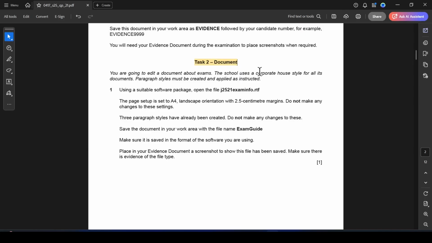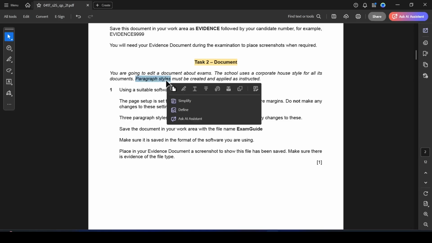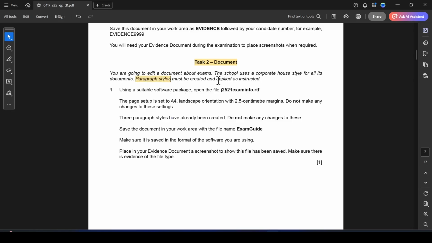You are going to edit a document about your exams, the exam file. The school uses a corporate house style for all its documents. Paragraph style must be created and applied. So here they are asking us to create the paragraph style and apply it as instructed. All right, use a suitable software package. Open the file